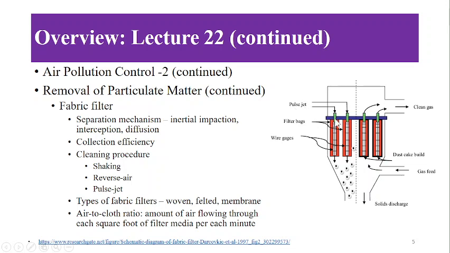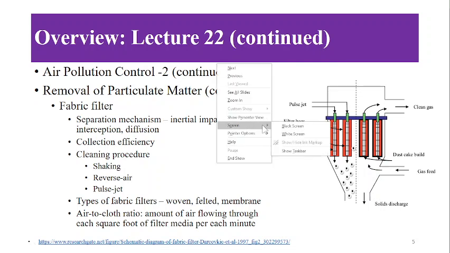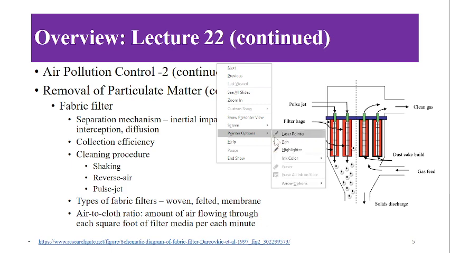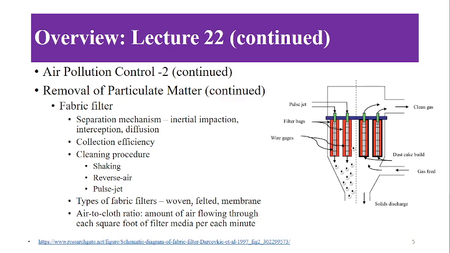So the pulse jet is introduced here into the filter bags, and then the particulate matter gets removed from here. The types of fabric filters can be woven, felted, or membrane type. And the air to cloth ratio, a design parameter which is essential for fabric filters, was also discussed. So it is basically